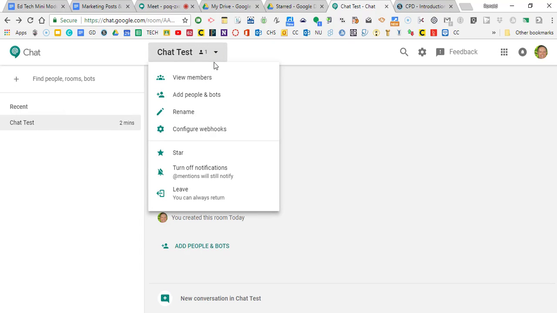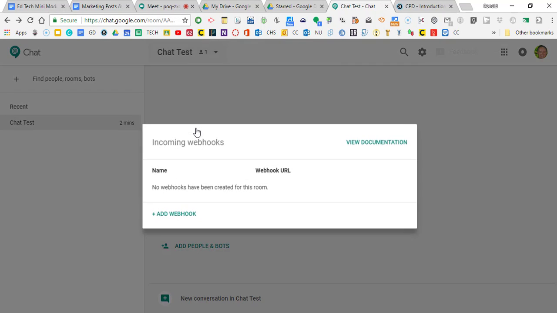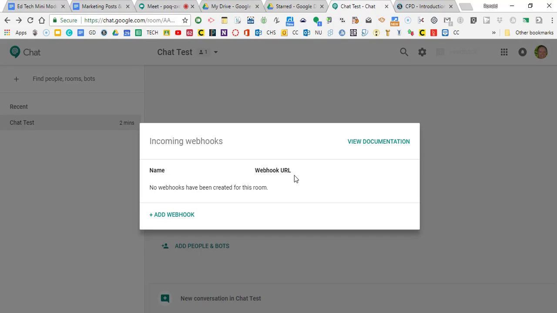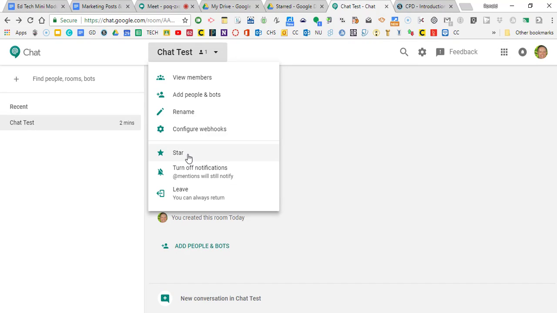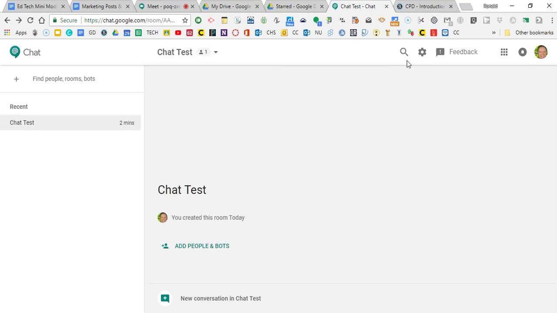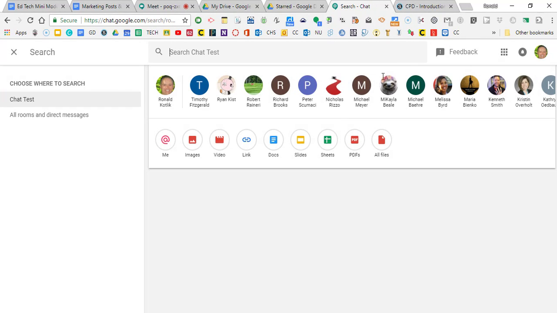And this is view all the members in this chat test. I can add the people, I can rename it, I can reconfigure certain things, which is interesting. I can view the documentation of it, and I can star it so I can get to it easier. I can have notifications of when things are going on, and I can certainly leave the room if I wanted to. I can do a little searching here of different rooms and people and what they're working on